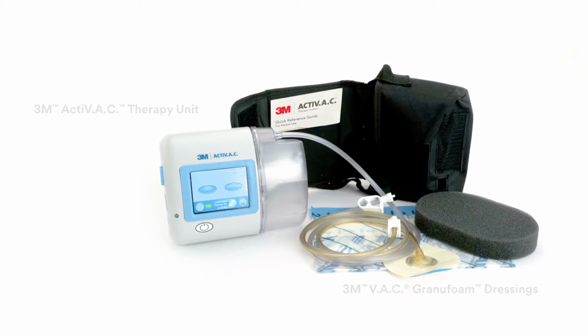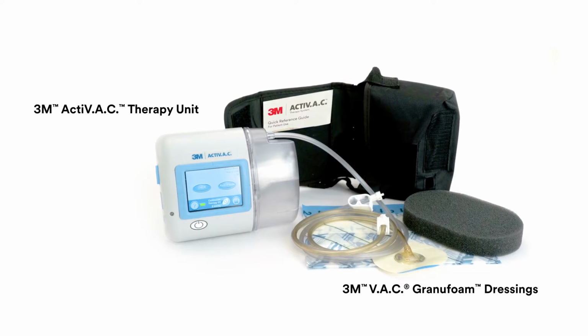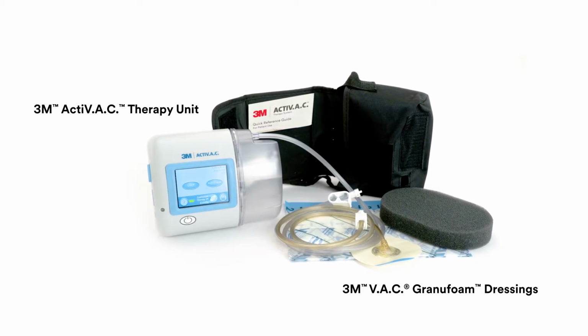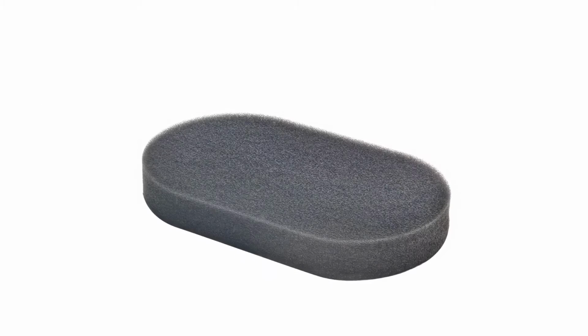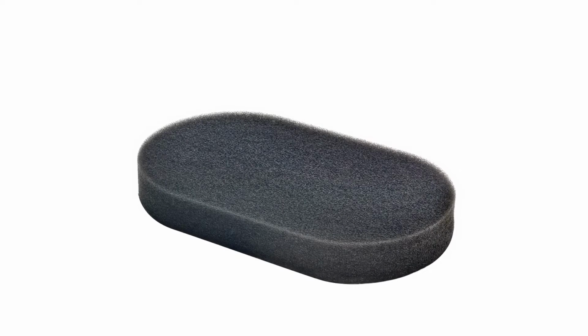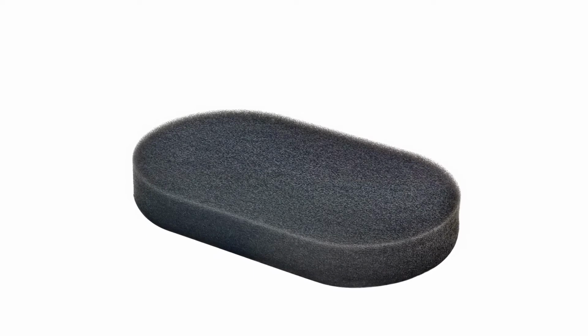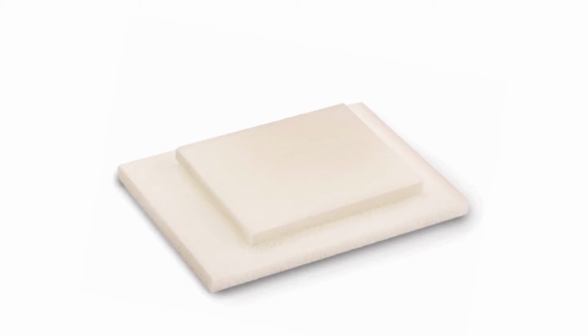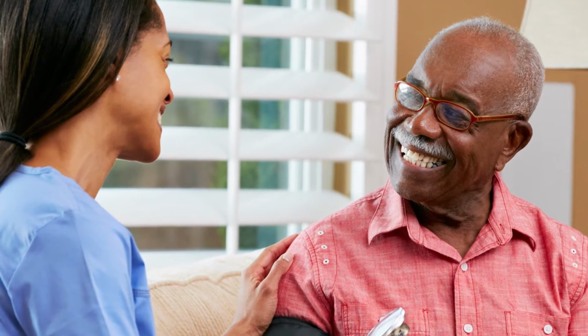In your kit, make sure you are provided a 3M ActiV.A.C therapy unit, VAC granufoam dressings, and 300 ml ActiV.A.C canisters. The VAC therapy system uses proprietary foam dressings, VAC granufoam and/or VAC white foam dressing with the therapy unit. Only VAC dressings are to be used with the VAC therapy units. Wounds treated with the VAC therapy system should be monitored on a regular basis by your clinicians who are responsible